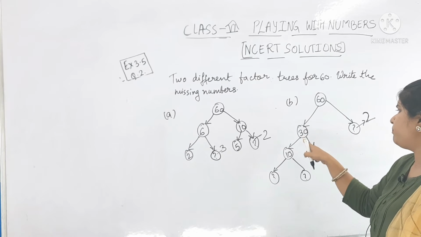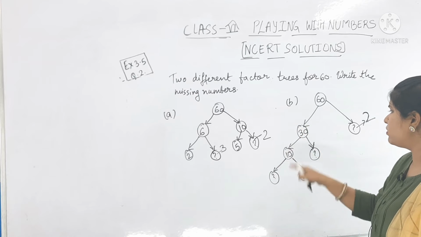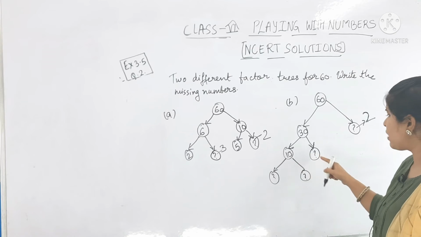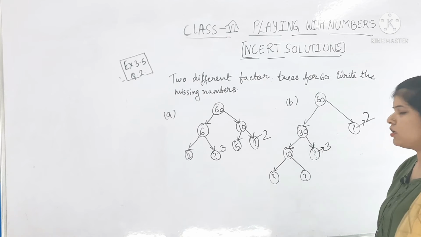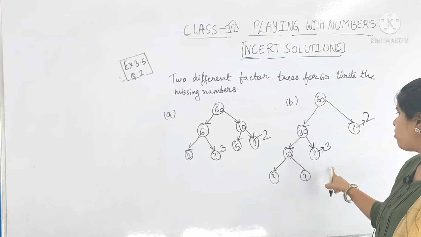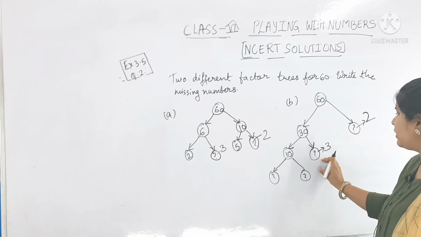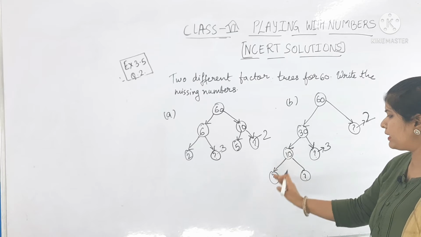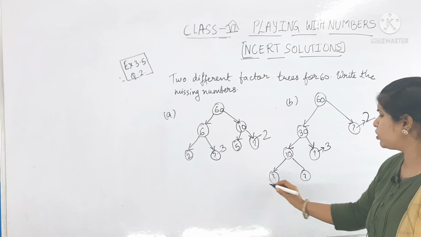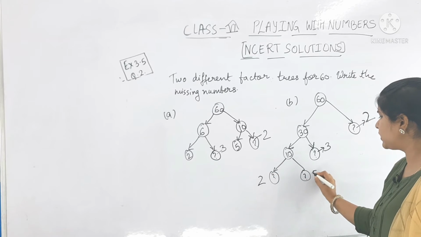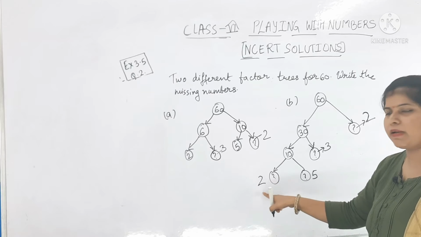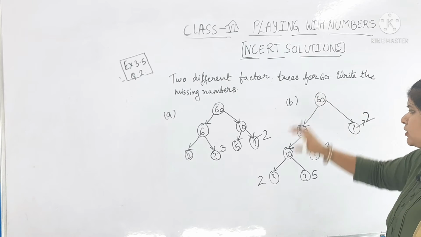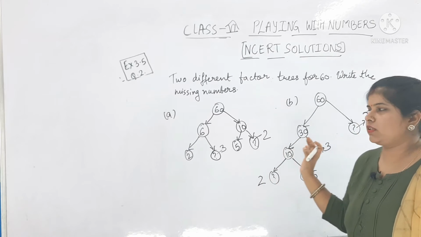Now this is 30, this is not a prime number, so I will take the multiple of 30, here it is written 10. So I will replace this question mark by 3. 10 times 3 is 30. So 3 is a prime number. Now it will not extend. Now come here, 10 is not a prime number, so it will extend this tree. 10 is 2 5s are 10, right? So this question mark is replaced by 2 and 5. 2, 5, 3, 2 are prime numbers. So this is the complete factor tree of 60.